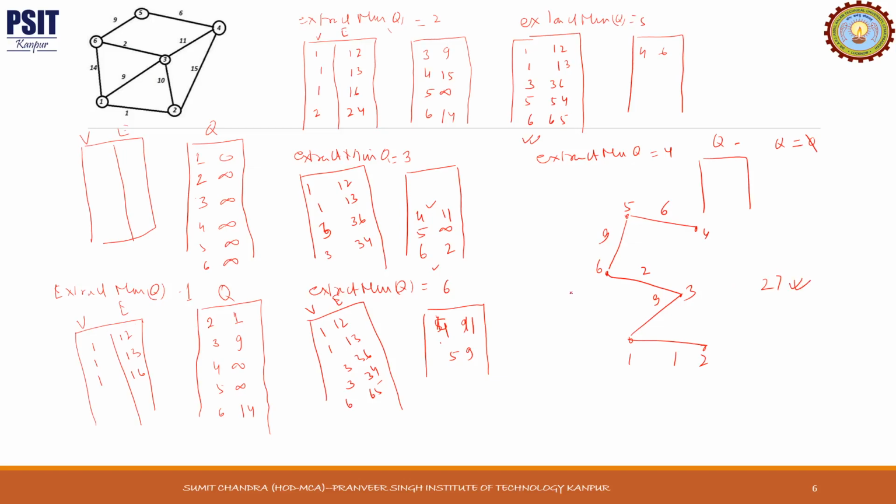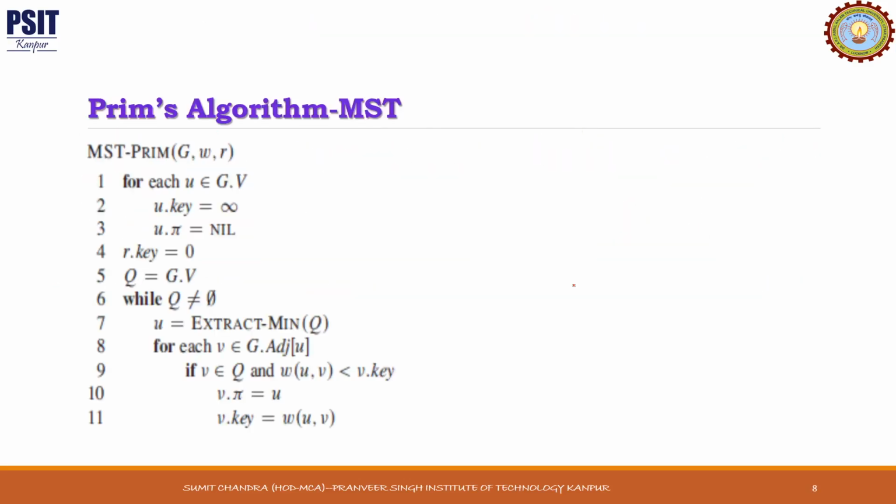This is how Prim's algorithm works. So I hope it is understood. Now in this algorithm, we can see that every key we have assigned infinite. The source is 0. This is the source vertex R. Weights are input, graph is input, and this is our priority queue, which contains set of all the vertices with these parameters. Until this queue is not empty, at every step we are extracting the minimum element, then we are scanning the adjacency list, and we are updating the weights.